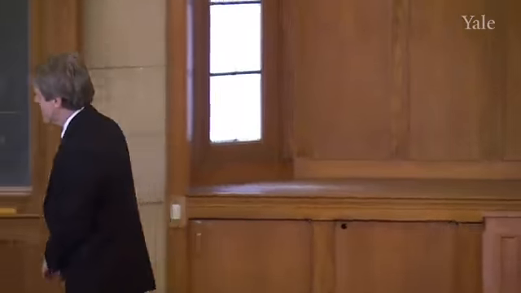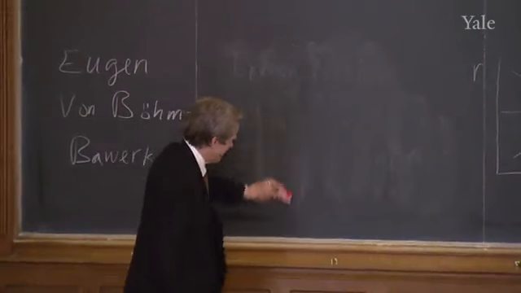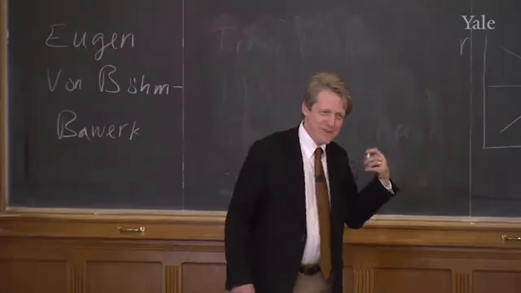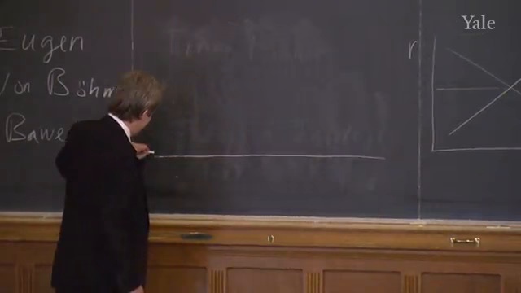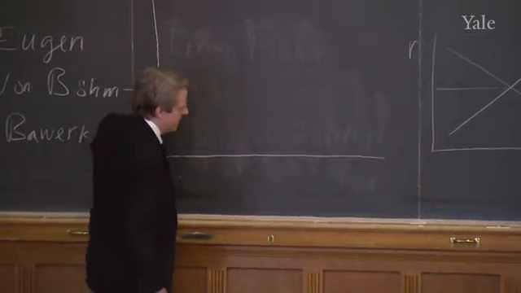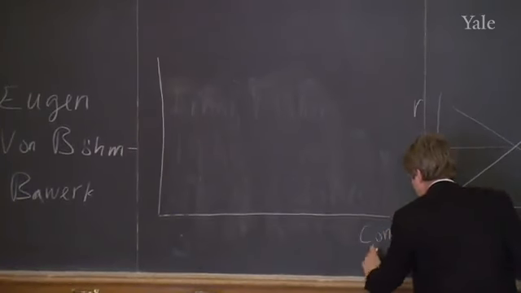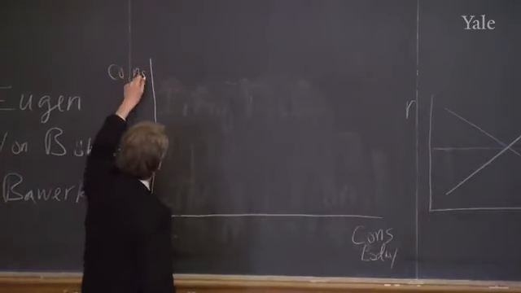There's only one person in the economy. So, of course, there's no trade. But we'll move to a little bit of trade. But I'm just telling you a story of the rate of interest. There'll be a rate of interest on Robinson Crusoe's island. Okay? So here I'm going to show consumption today. And on this axis, consumption next year.